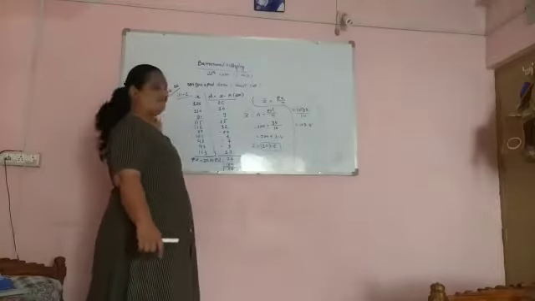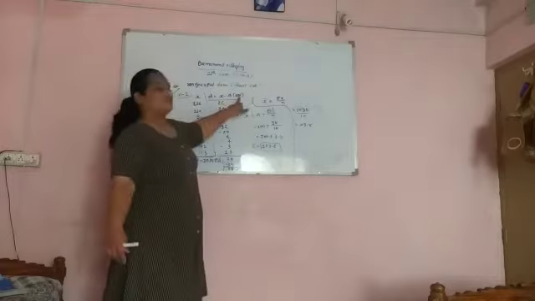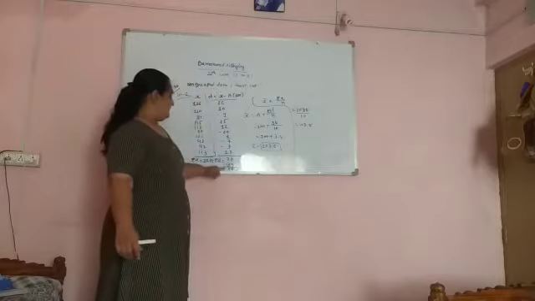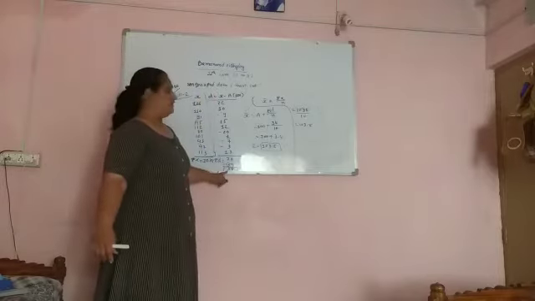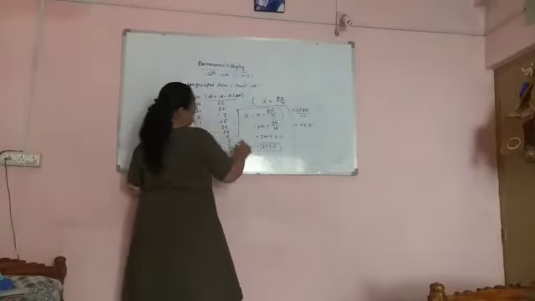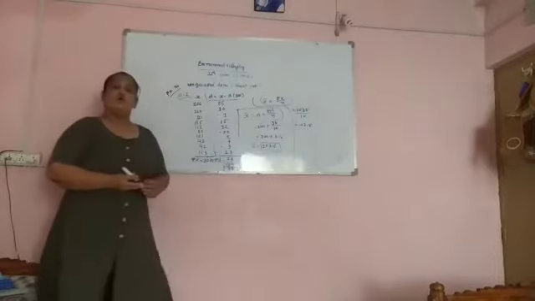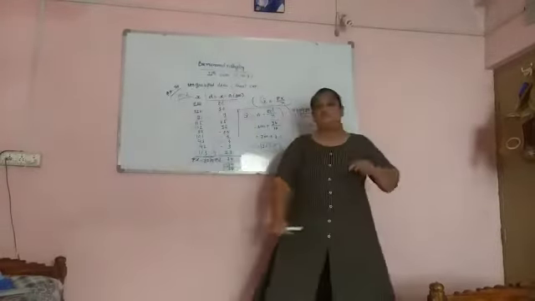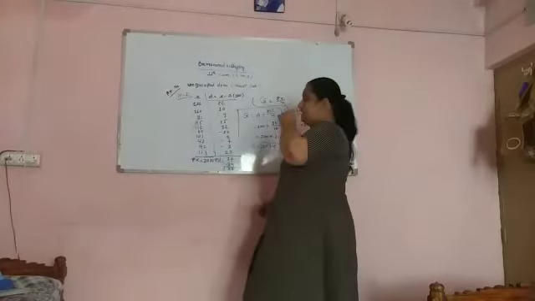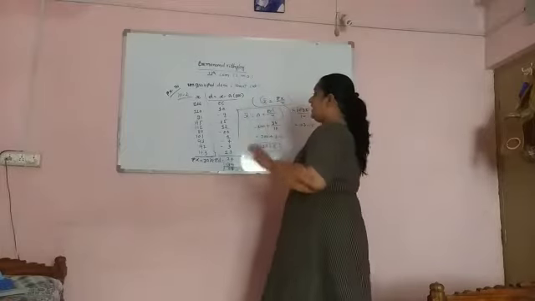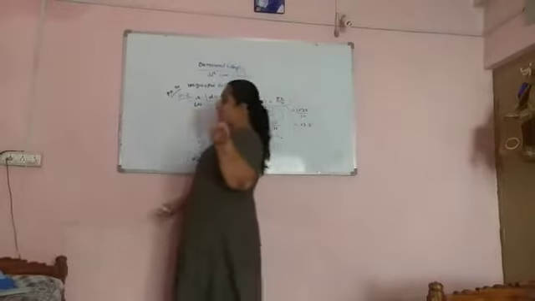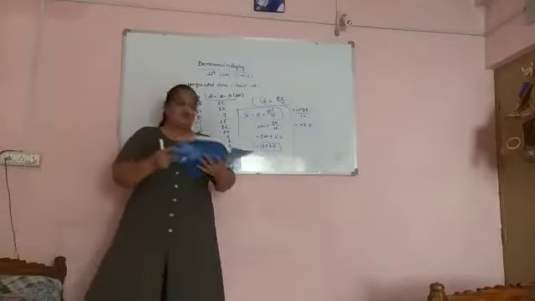Otherwise, inside of this or outside of this you can take any number. Then I will take the 100. In each observation I am subtracting 100. Then I find the sigma d. Sigma d is equal to 38. Now put it in your shortcut formula and it's your direct method formula. So here I will teach you that you can take any of the methods in this chapter, shortcut method or direct method. Do you understand? I hope you understand the shortcut method also. And again I repeat, you can also take the direct method in this situation.